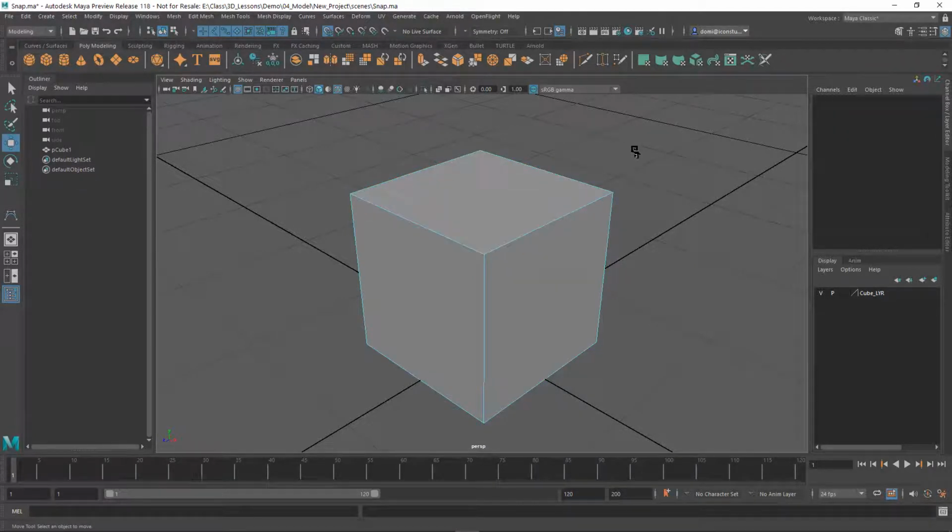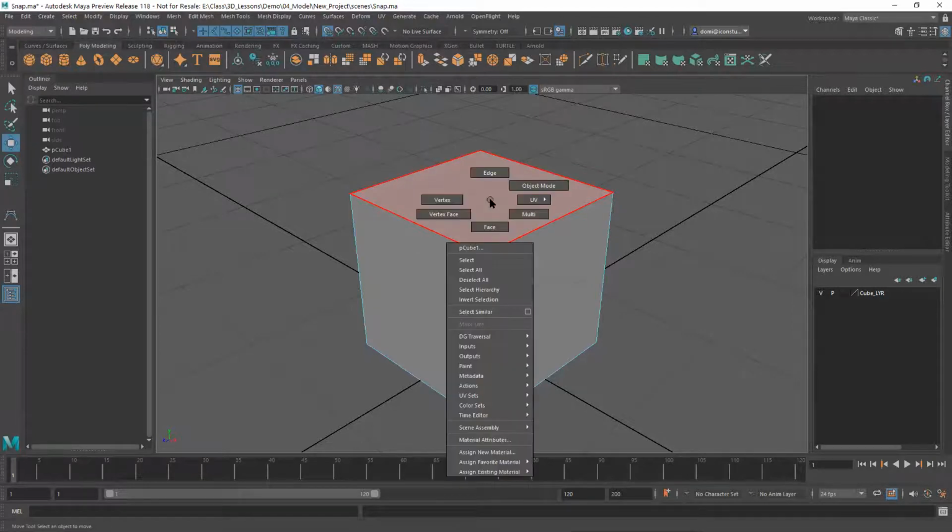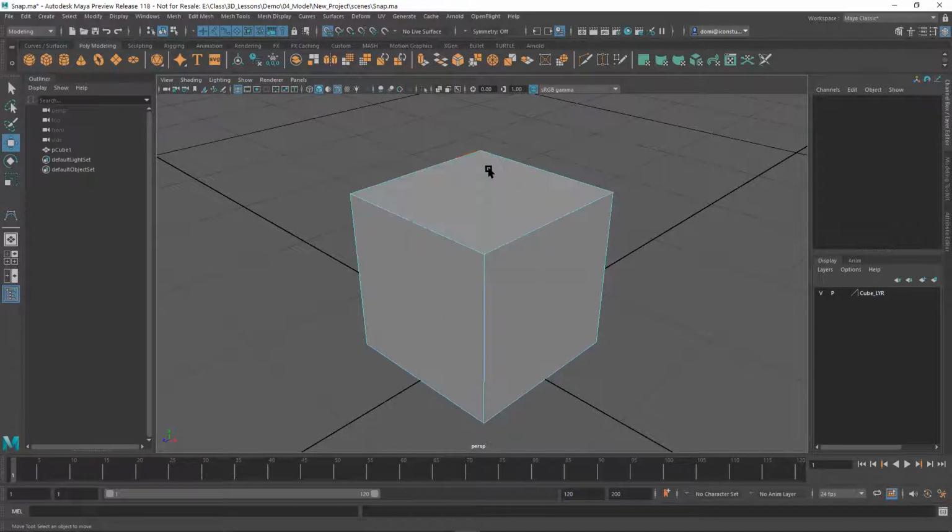Now I'm going to click out here in space, and there's one other thing we can modify an object with, which is the edges. You can actually select the edges. You can select the components of this object, okay? But now what I need to do is see them all the time. This will allow you to do an edit here, but then it kicks out. Once the move is done, or whatever you do to it, rotation or transform, then it stops. There is a way to make everything